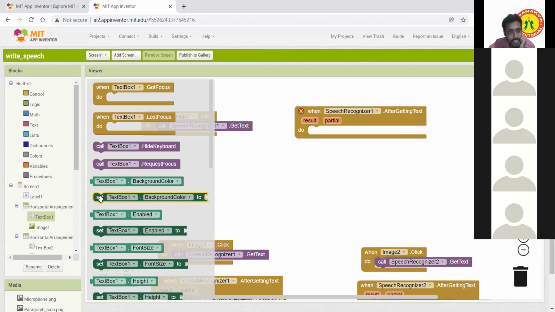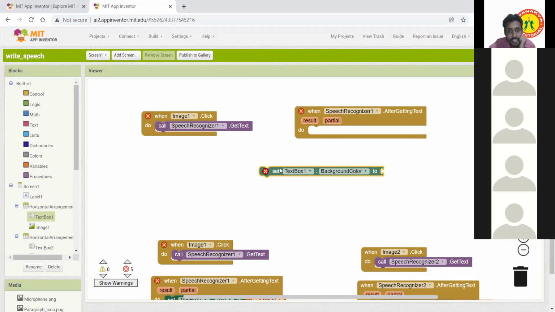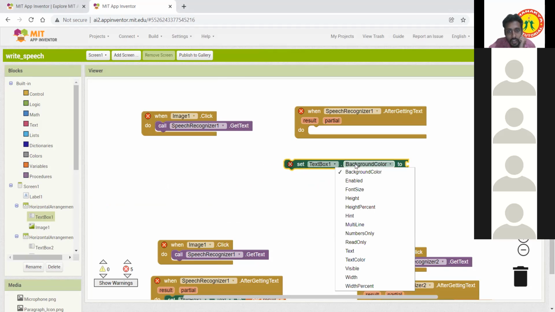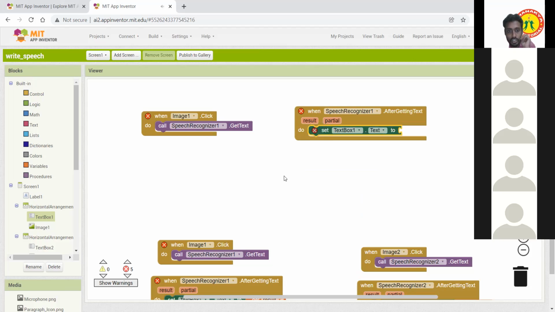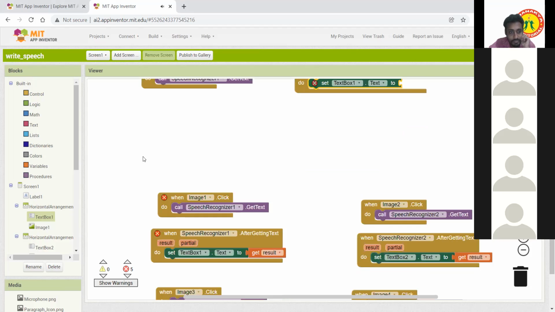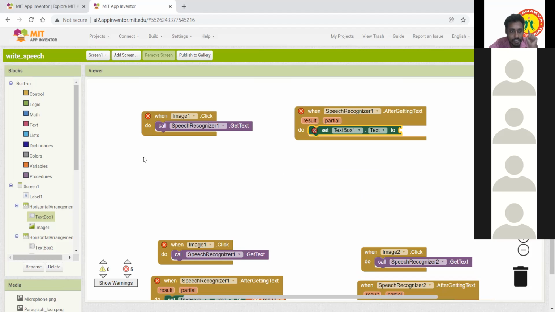Take this one, set text box 1 text to get result. Okay, this is the result.